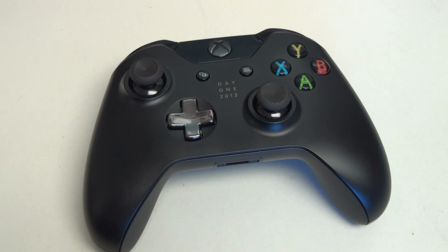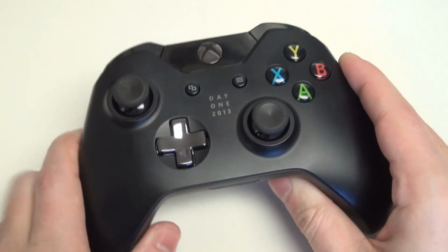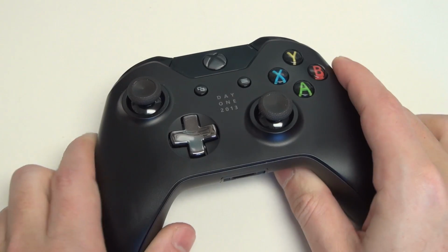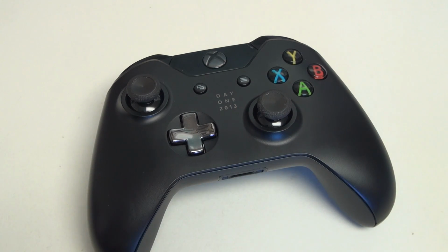I mean, here I am, part of the guinea pig program, telling them the HDMI pass-through doesn't work, the Dolby audio doesn't work, which I'm sure most of you already know. No Dolby sound natively. That's a patch that's supposed to come out. Still hasn't. It was supposed to be here this month. It's not here. I don't know when it will be. I'm not really criticizing them for this, but all of these little unfinished things combined with the type of hardware